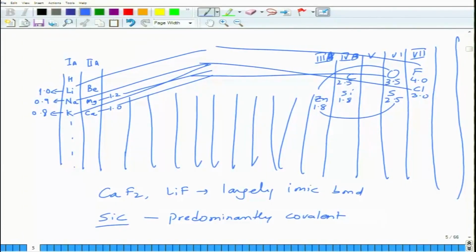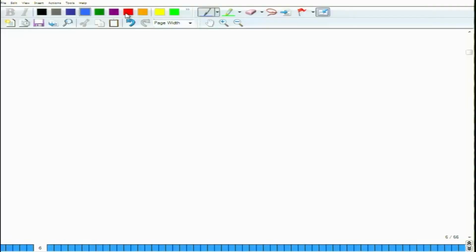So this is the reason why you have this variety of compounds: compounds showing predominantly ionic behavior, compounds showing predominantly covalent behavior, and compounds showing mixed behavior. But all of them have certain ionic character, which is why they fall in the category of ionic solids. So first, before we go into how ionic solids form, let us look into what makes ionic structures